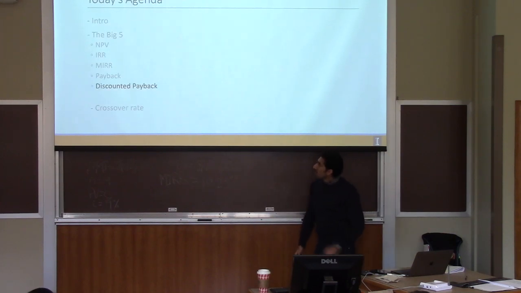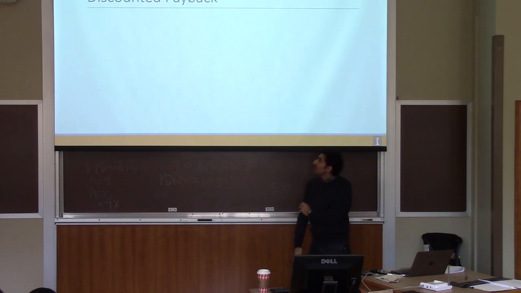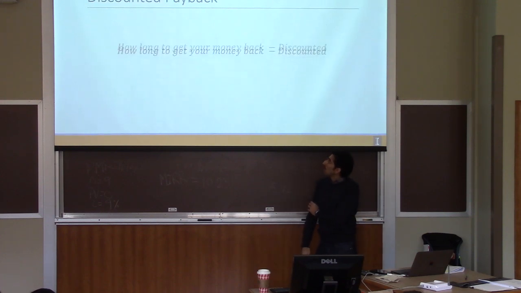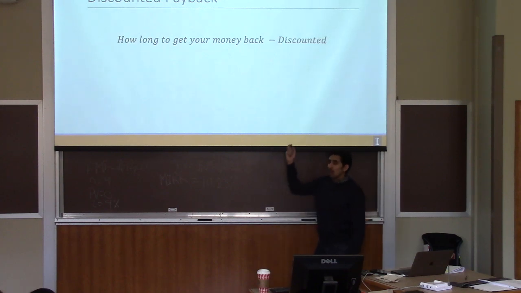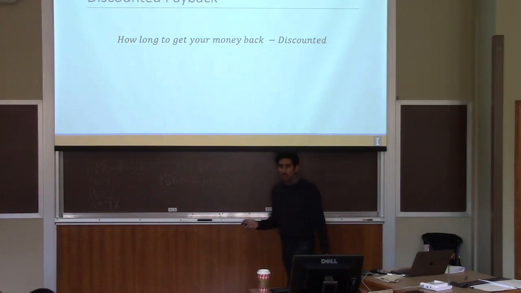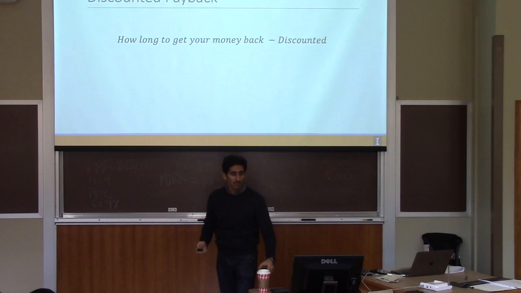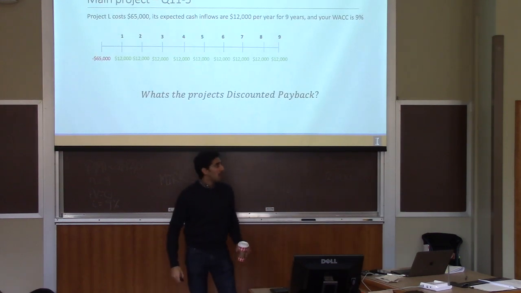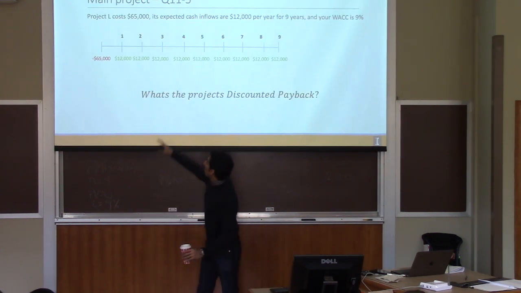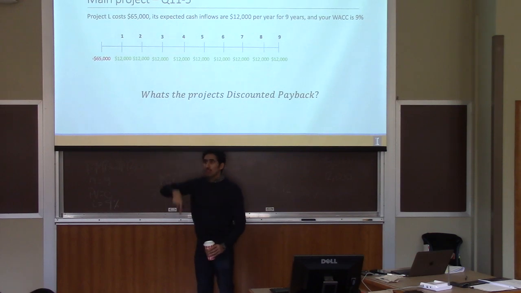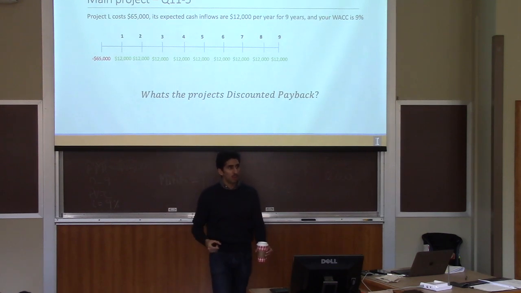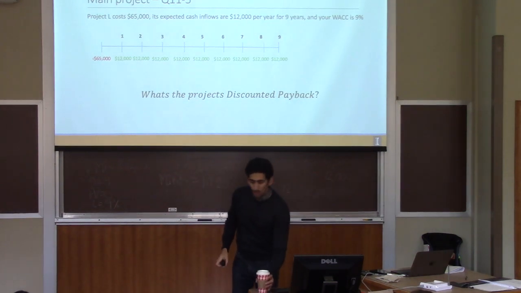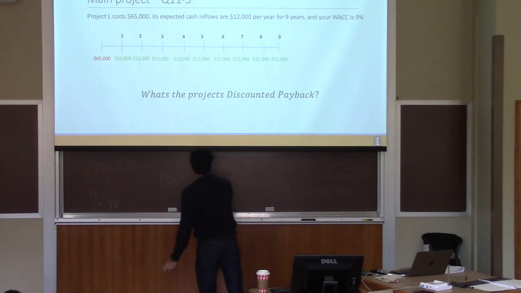Second part, discounted payback. Your discounted payback is exactly the same thing. How long is your payback? But you calculate the discounted value of the cash. Why is that? Because you're paying $65,000 today, and you're getting the cash in the future. $12,000 next year isn't worth $12,000. It's worth a bit less. So what they're trying to do here is